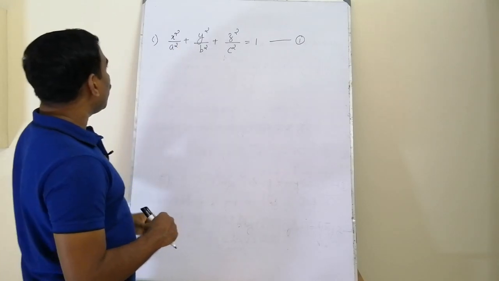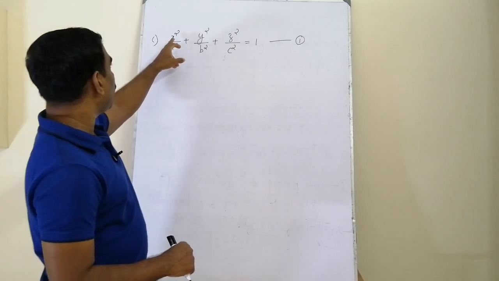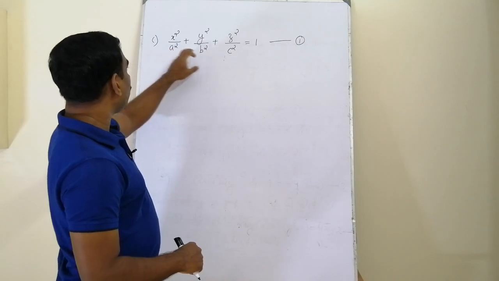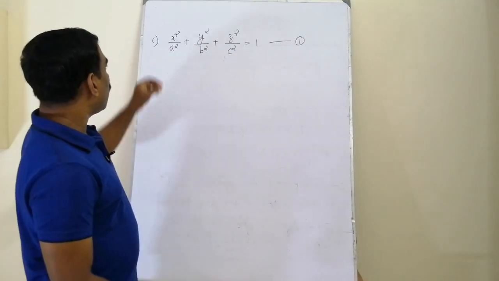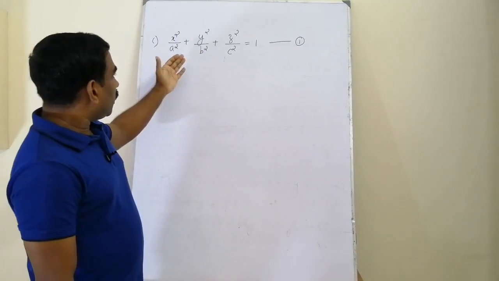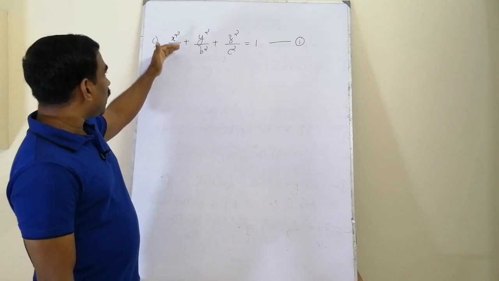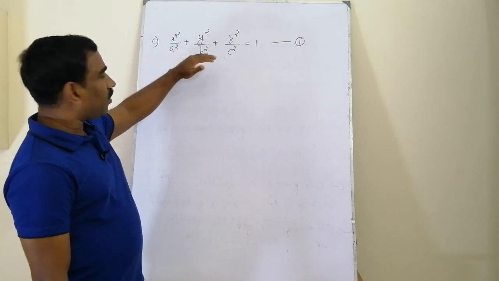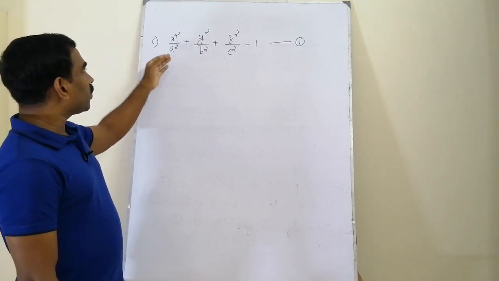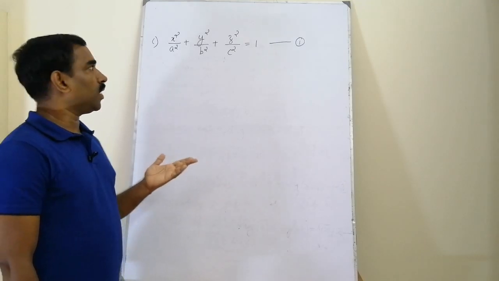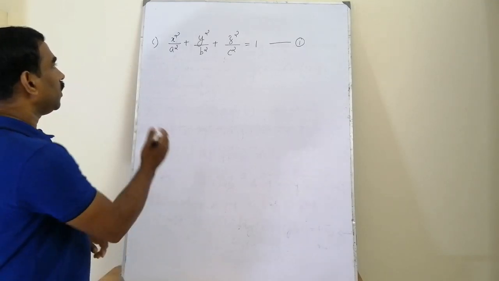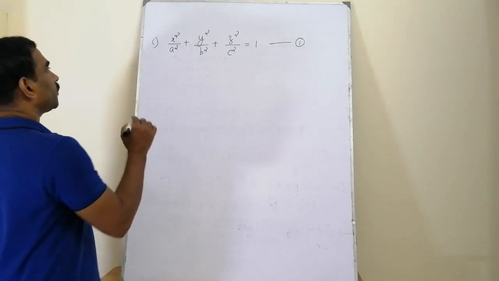And count the number of independent variables and the number of arbitrary constants. Here the independent variables are x and y, z is the dependent variable, and the arbitrary constants are a, b and c. See the relationship, the number of arbitrary constants is exceeding the number of independent variables. If the number of arbitrary constants exceeds the number of independent variables, we can expect a partial differential equation of order 2 or higher. Okay, here we can expect a second order or third order or higher order partial differential equation. We will see what happens.